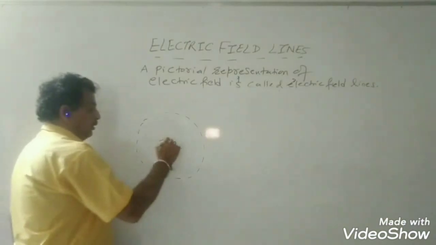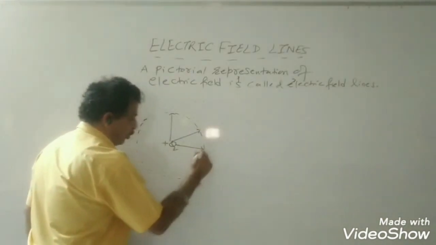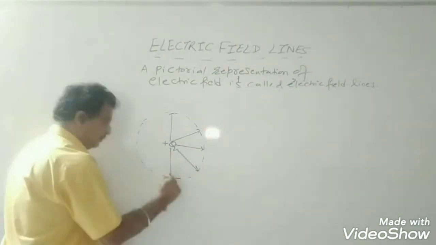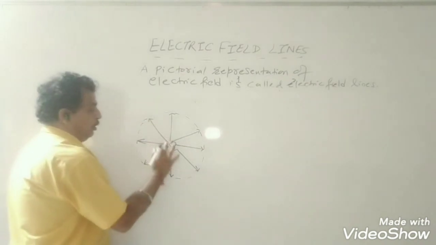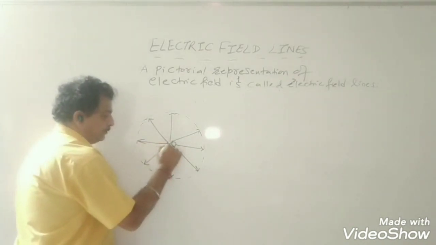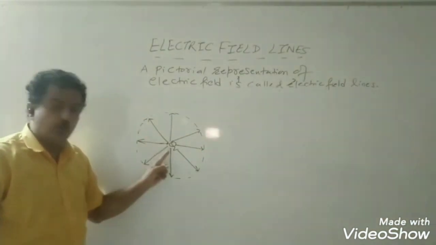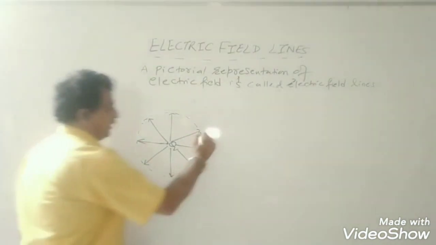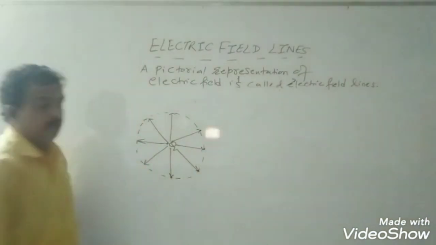Now I will draw this arrow on all the sides, and we know all the points on this sphere are at equal distance from the source charge, say point P, point Q, point R, point S. So the